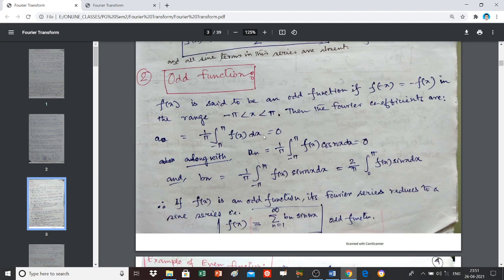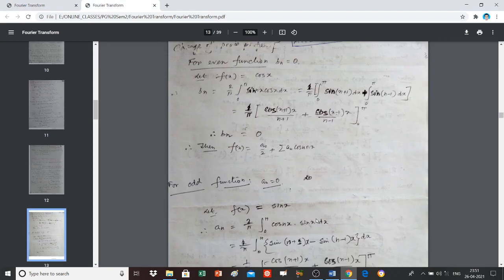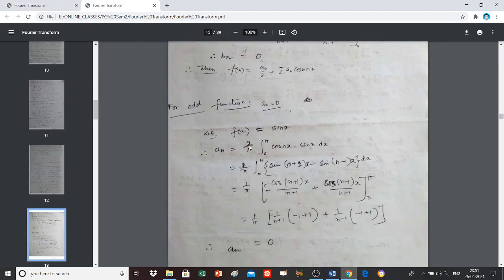I have not shown the calculations here, only the value of an equal to 0. So in this case, let us consider that the function is sin x,